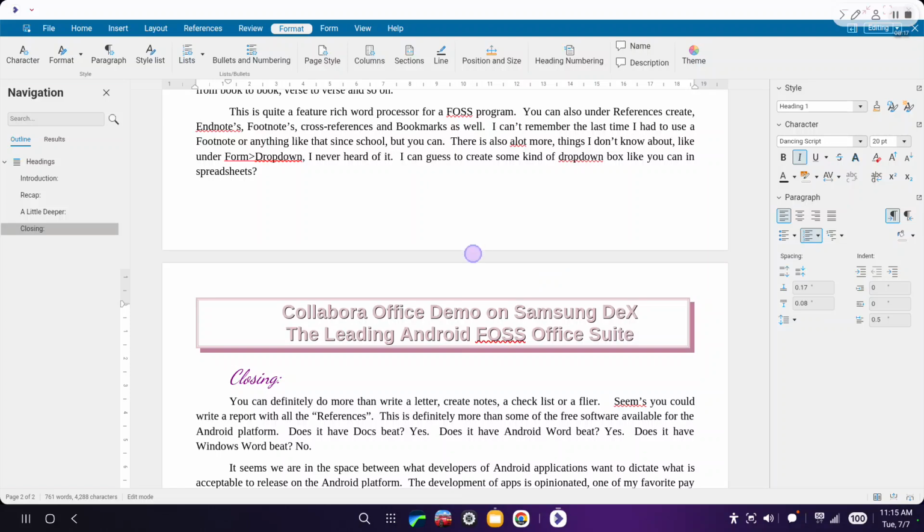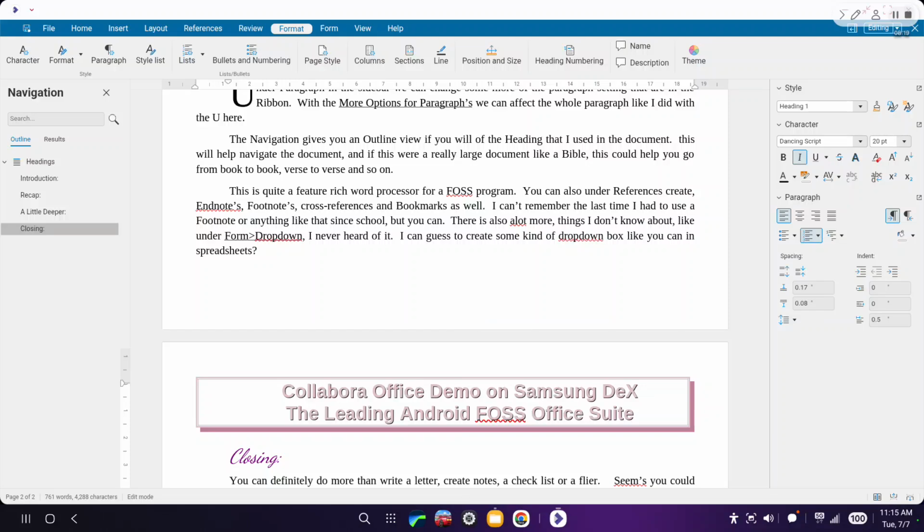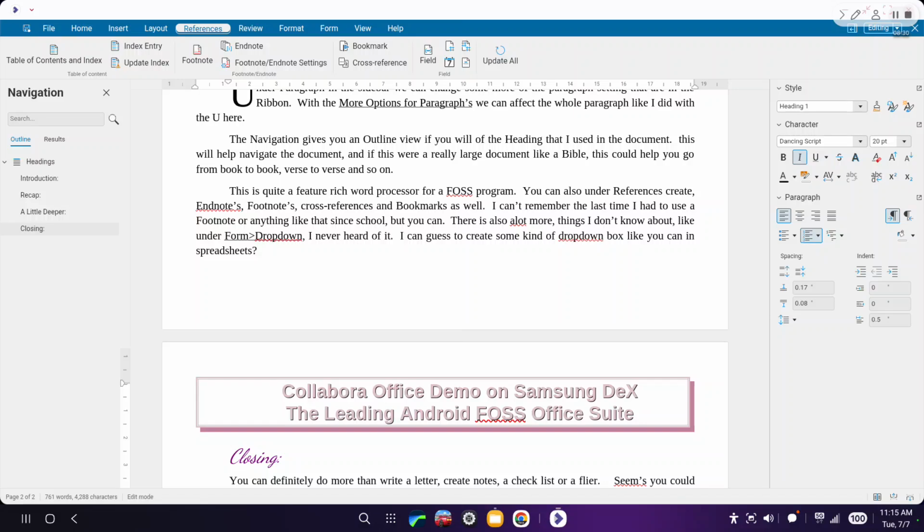So there's quite a few rich features in Collabora Office. Under references, you can create endnotes, footnotes, cross-references, bookmarks as well. I can't remember the last time I used a footnote or anything like that since school, but you can. There's also a lot more things I don't know about, like under form,